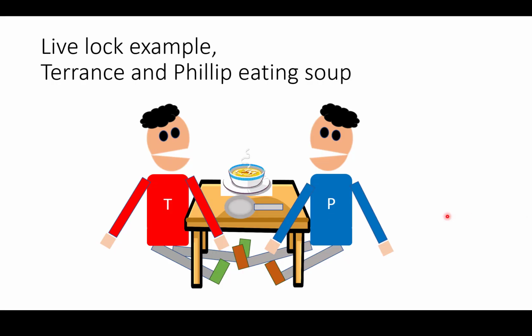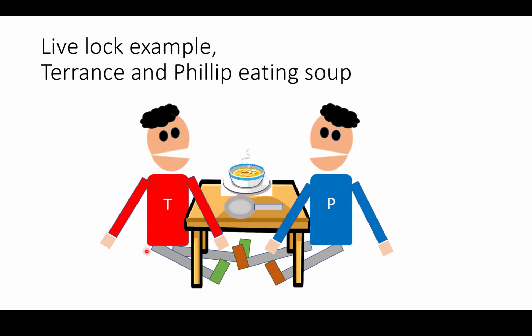I have another one. This is from the Java documentation actually. This time we have Terence and Philip. They're eating soup. They have to share a spoon again. I don't know what's up with all the sharing of the spoons and forks, but we're sharing something, right? And the idea is that you can pick up the spoon and you can eat the soup, and you can put down the spoon when you're done, and then the other guy can pick up the spoon. And in these Corona times, you shouldn't do this at home, but just for